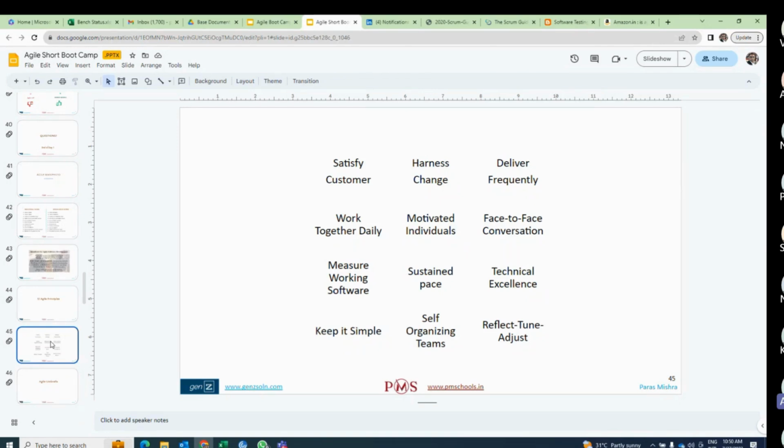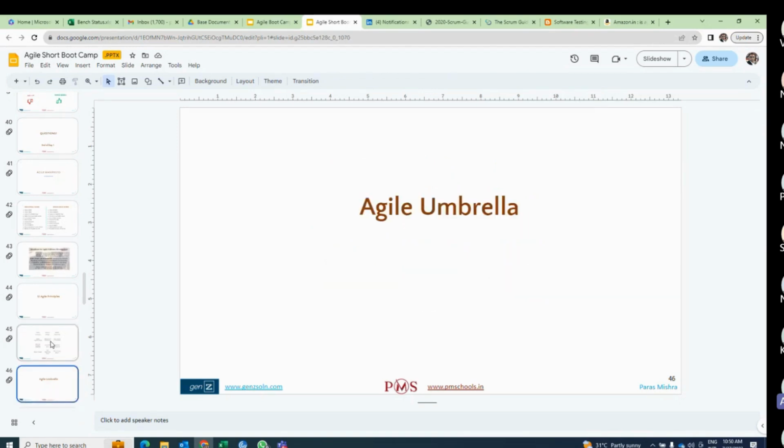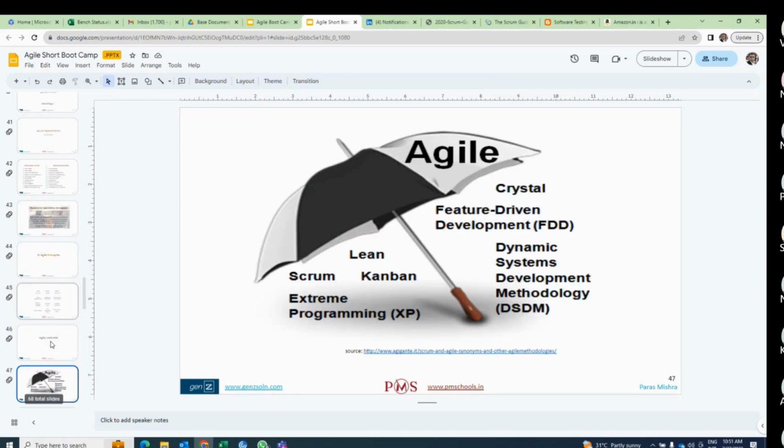Now, yesterday I talked about the agile umbrella. As I'm saying, agile is not a methodology. Agile itself is not a framework. People talk about the agile framework and agile methodology, and in a true sense they are not. Every second person will start speaking like that, and sometimes I am also guilty of using the words agile framework and agile methodology. While agile is a mindset, it's a culture, and within the agile umbrella you have the Scrum framework,